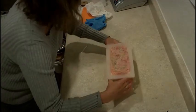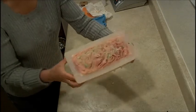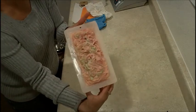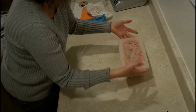So there it is, my secret feather, have no idea, thick soap. We'll see how it actually turns out. I will probably unmold this sometime tomorrow afternoon and then get them up